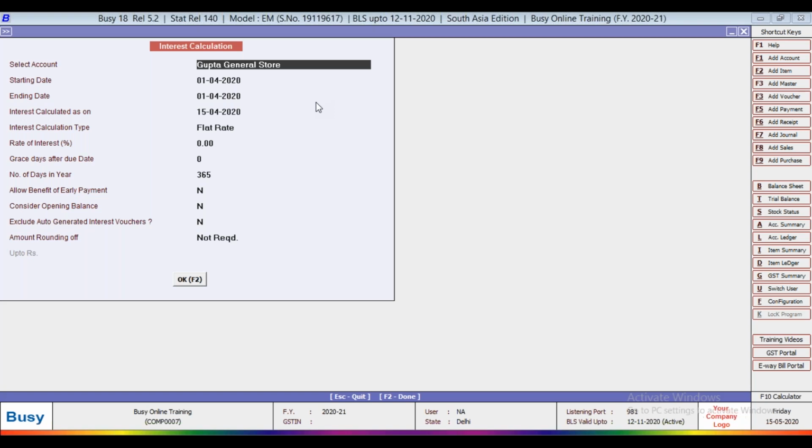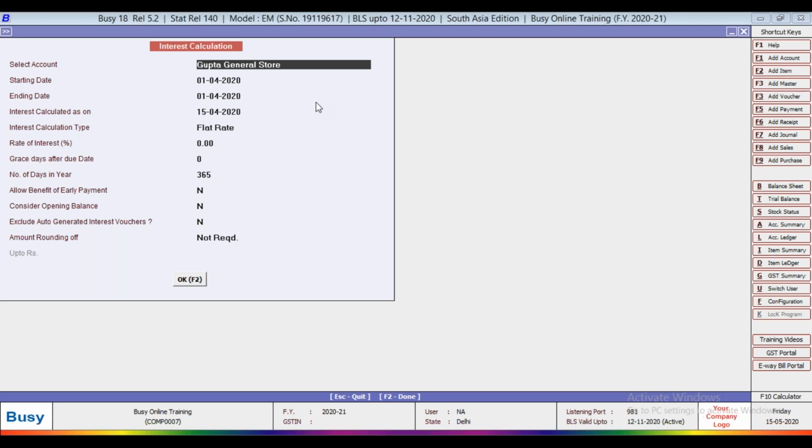Then it will ask the general voucher series, voucher date, and interest receivable account. Select interest account. If there is no interest account, then you can create one by pressing F3. Interest receivable, income, create bill reference.